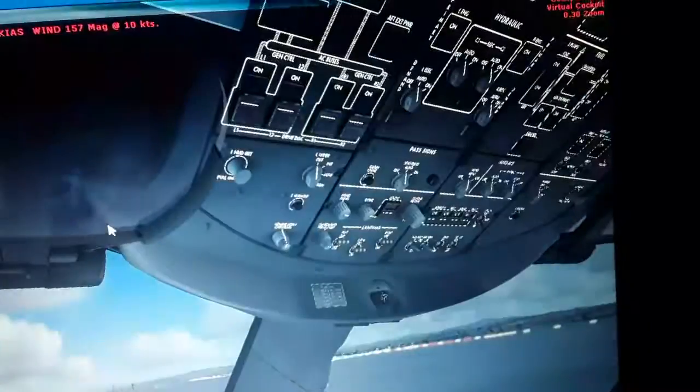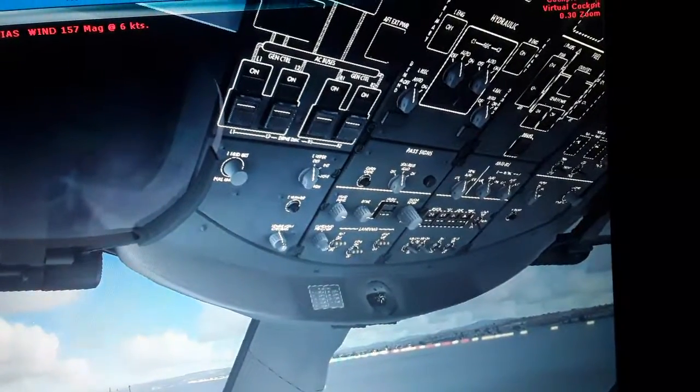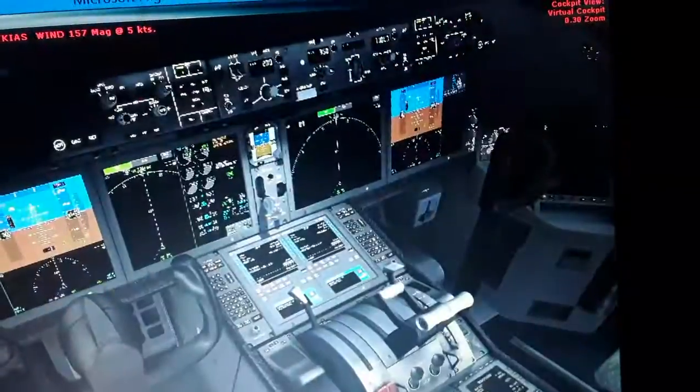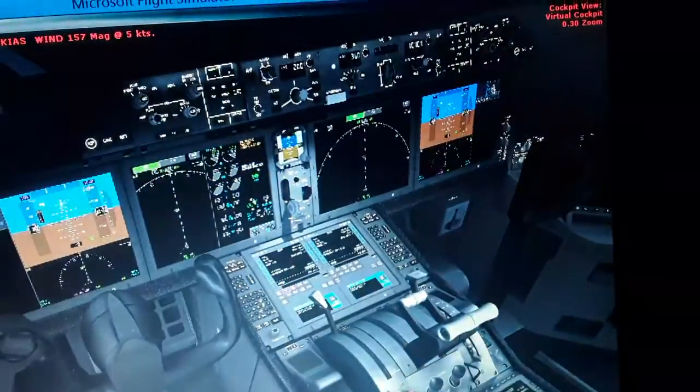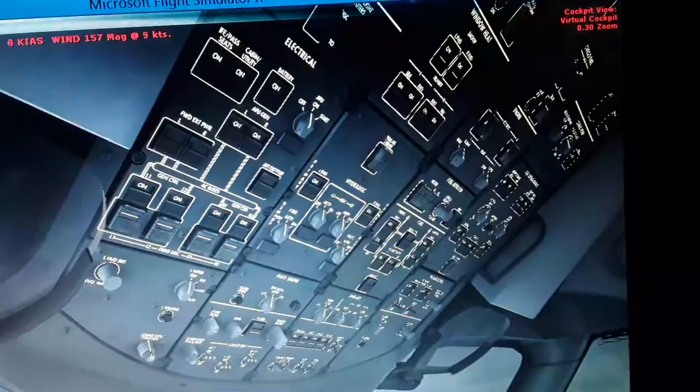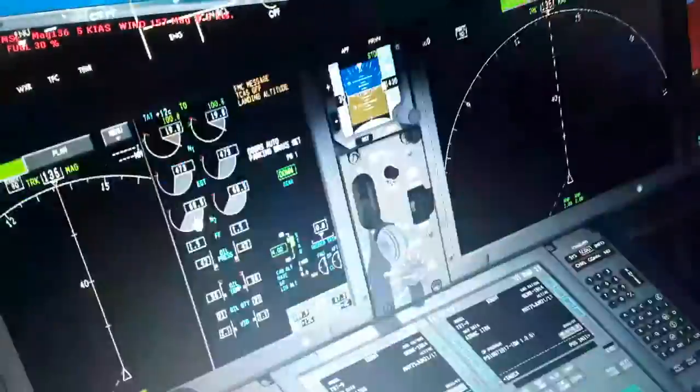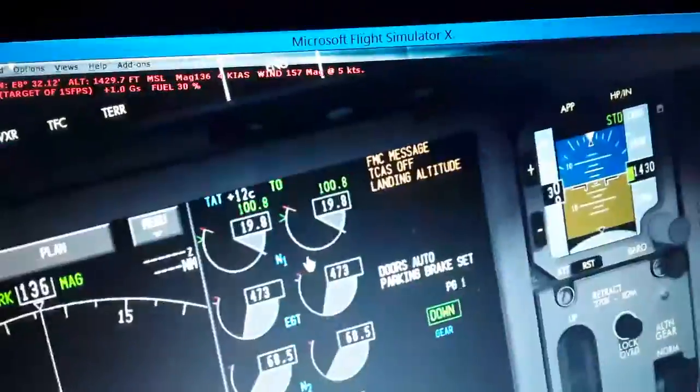They're still slow. A little bit better. I have turned on the APU now. If I turn this in the systems,